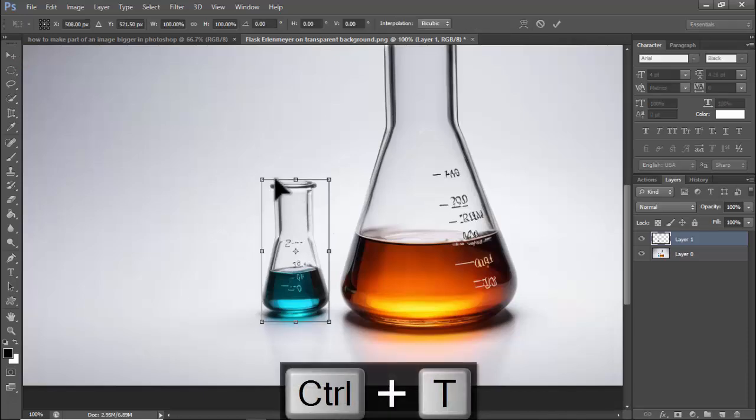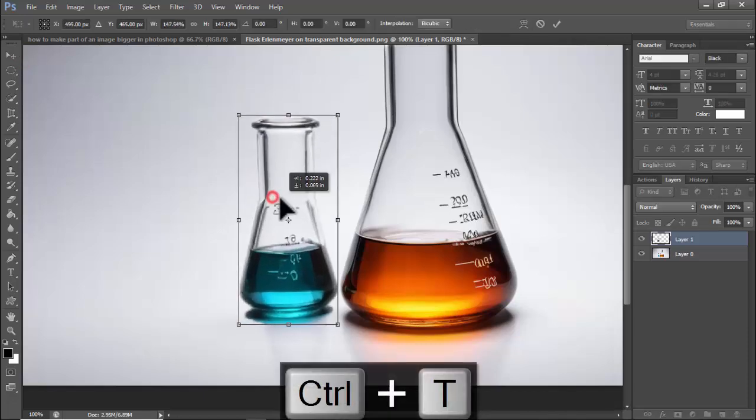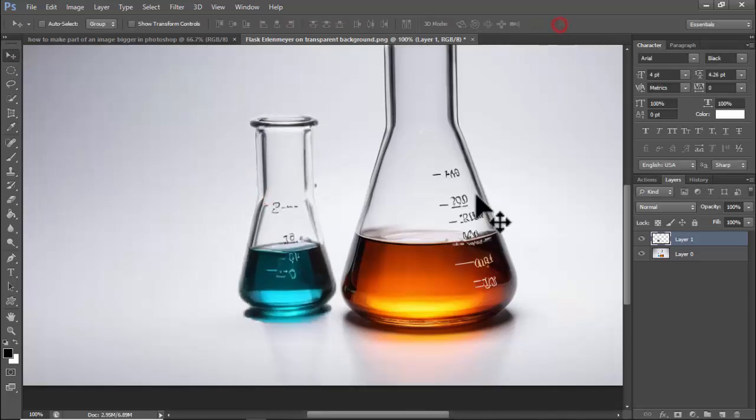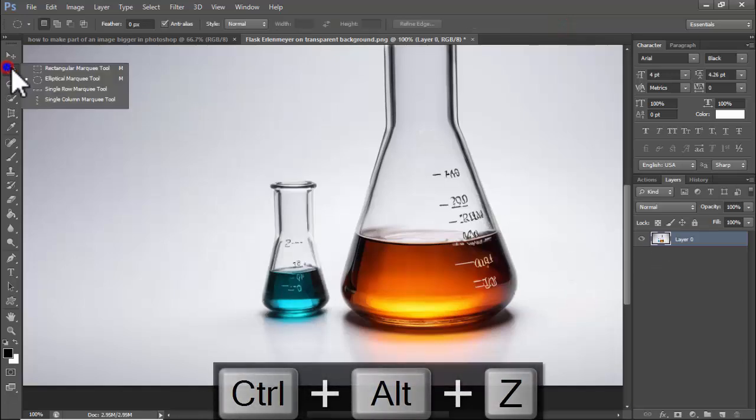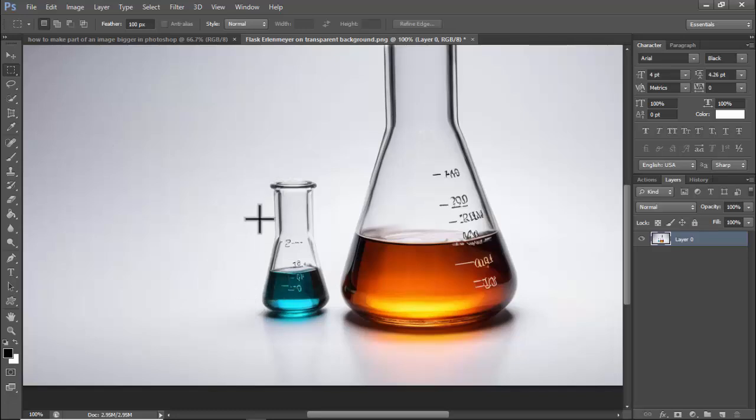Again press Ctrl T. Hold Shift and click and drag on your mouse to make it bigger. Or simply click the selection tool, right click, use the rectangular marquee tool, feather 0 px, press enter, then